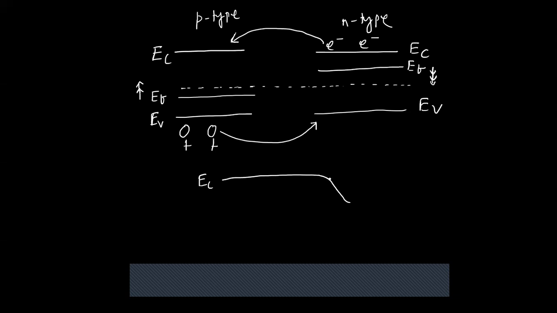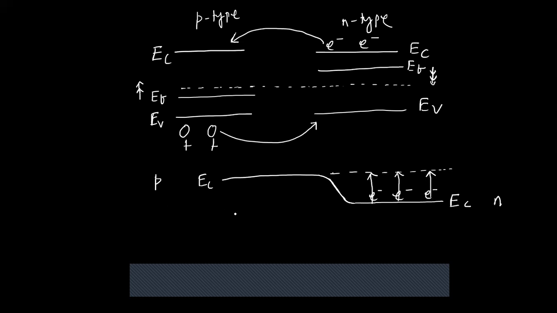Of course, you see this is a continuous energy band because it's the same junction, so it's the same system. It is now one system. So this will be the conduction band. Now see the electrons over here in the conduction band. They will experience this value of energy or potential barrier here. This amount of potential barrier needs to be overcome by these electrons to move from the conduction band of n region to the conduction band of p region.